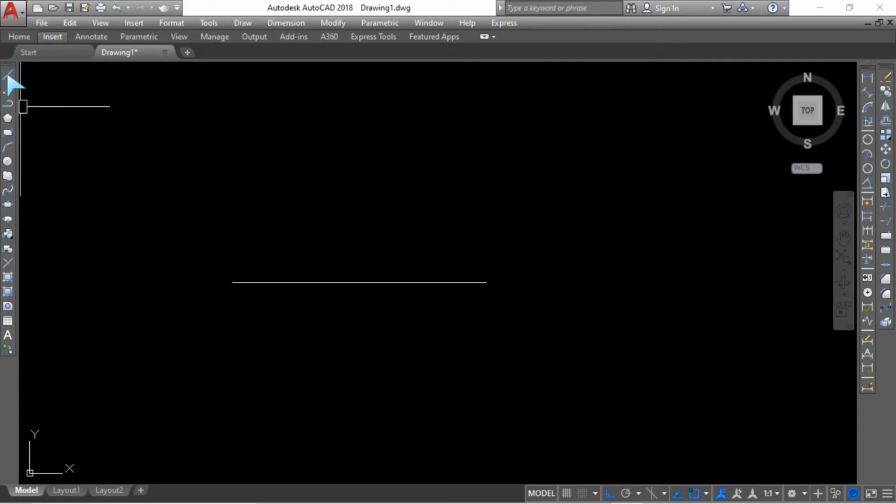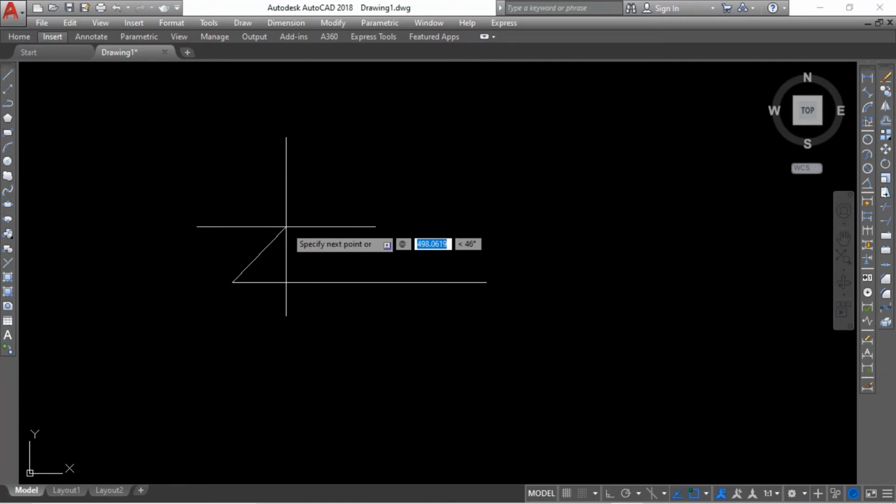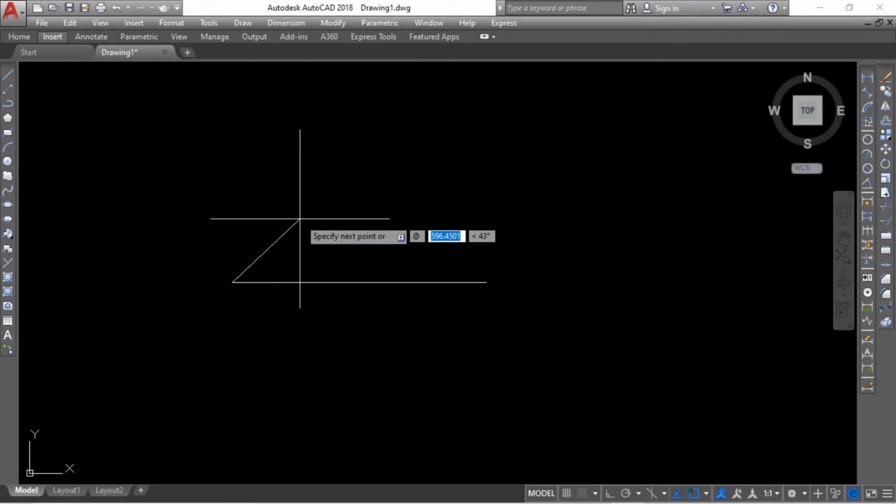Suppose we have to draw a line which is not straight. Now again we press F8. Okay, now go to Line. We have to make an angle. So again click here. Now we go on our keyboard and press Shift and the at-rate symbol, @. Now we will give some distance, let's say we are giving 1000.